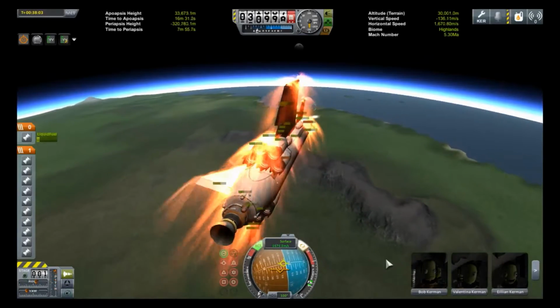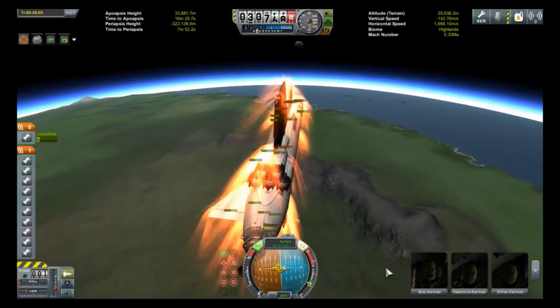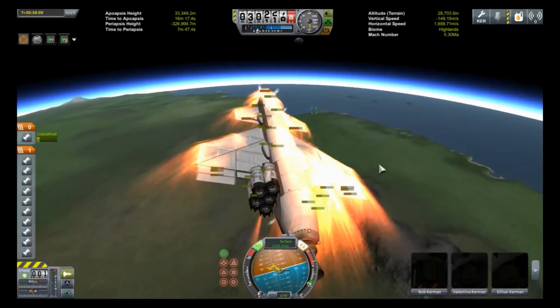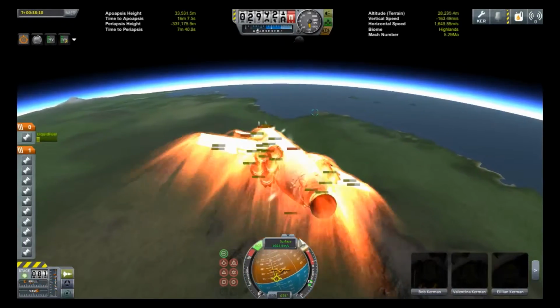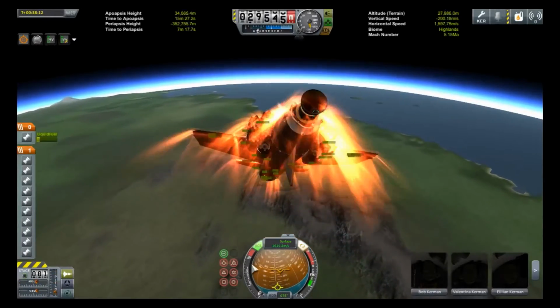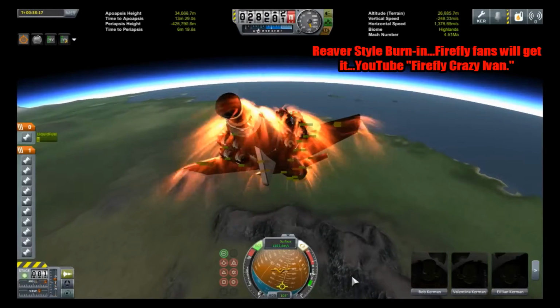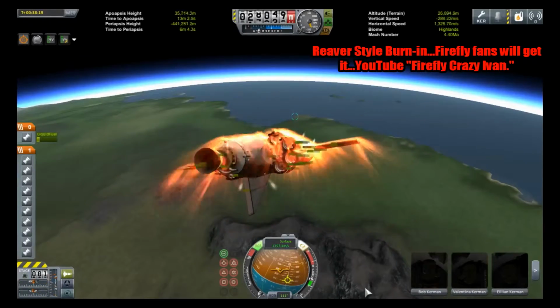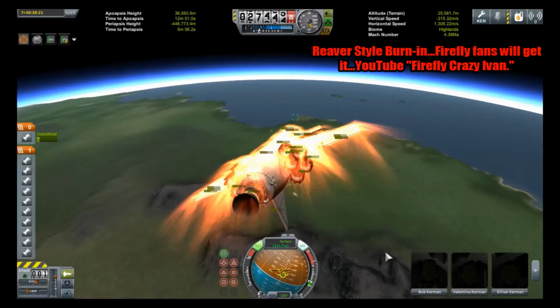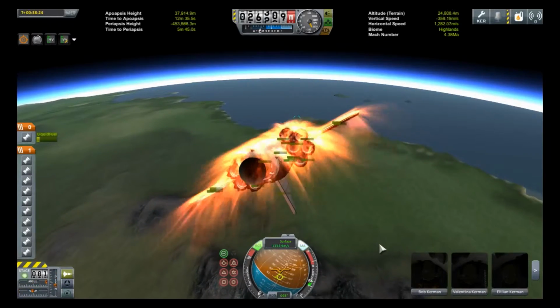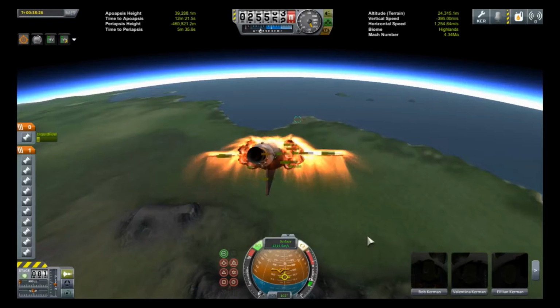And this is what I'll call a reverse belly flop entry. The reason I would do this is because if you try and come in at a normal belly flop, you're going to cause your aircraft to start climbing again as you're decelerating. So if it's not going to be a steady rate of climb, you're going to end up overshooting your landing zone. Whereas if you come in at an upside down belly flop, it'll make you land short. But if you've got enough fuel to re-engage your jet engines,